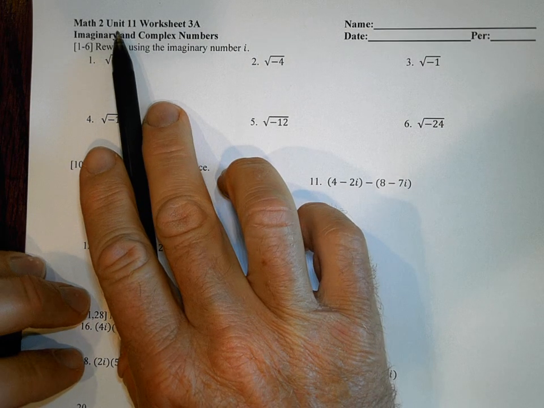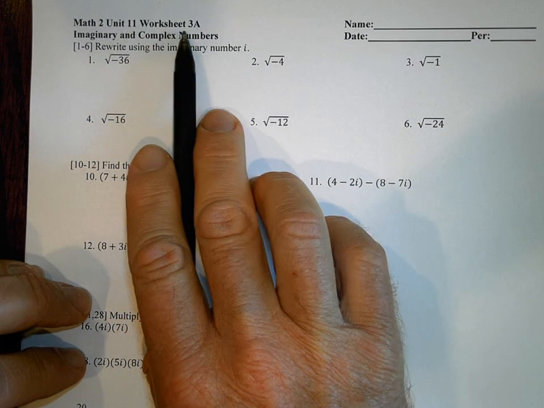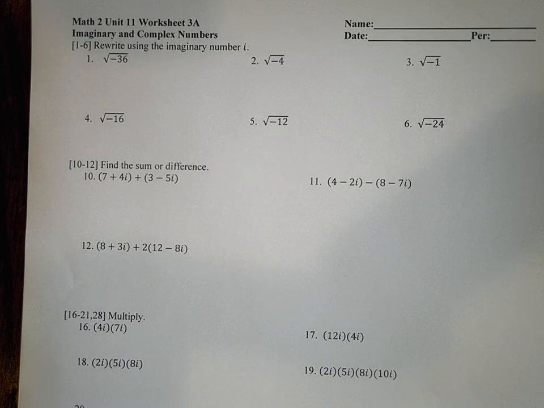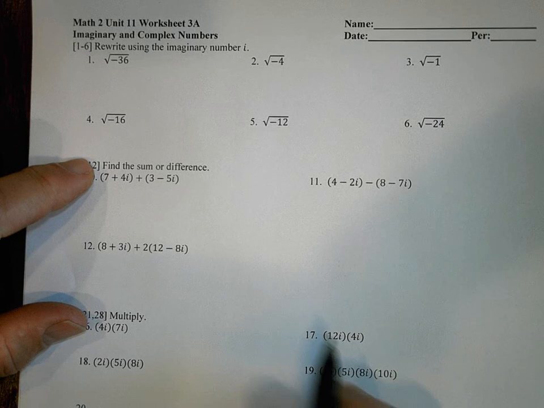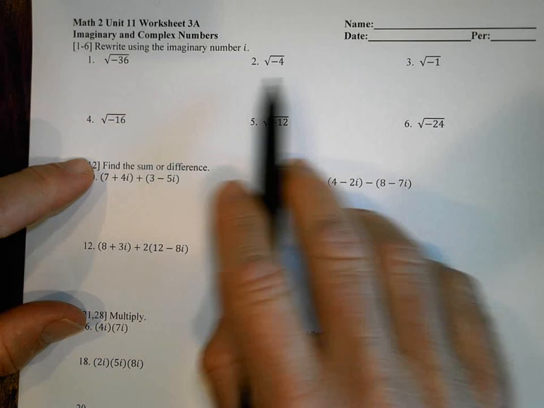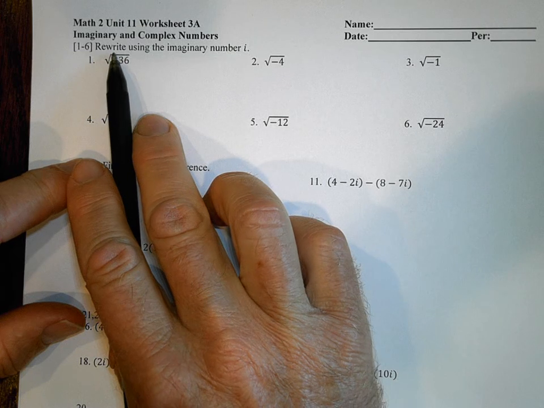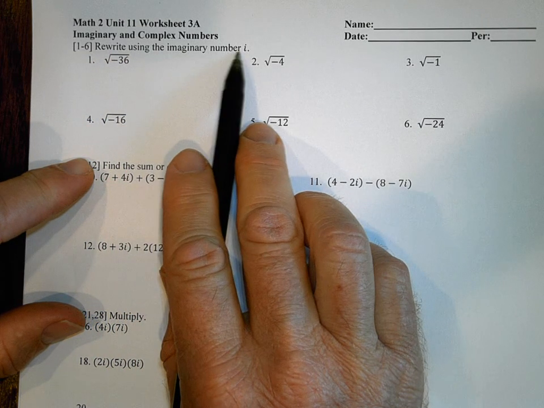Okay, here we go. We got Unit 11, Worksheet 3A. These are going to be the video solutions to the assigned problems, and keeping with tradition, I'm just going to do every other problem. Okay, so in numbers 1 through 6, we're going to rewrite using the imaginary number i,